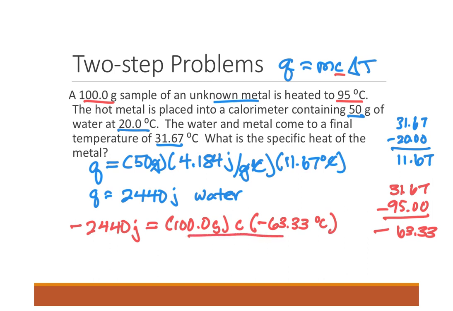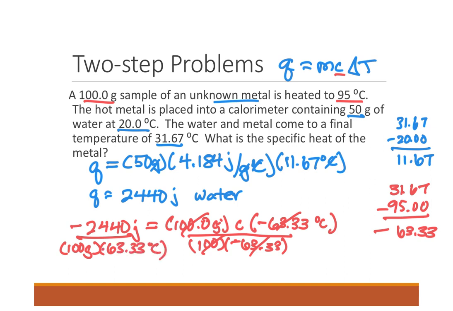We're going to divide both sides by these numbers, of course, our 100 and then our negative 63.33. That'll cancel out these guys. And over here, dividing by 100 grams and negative 63.33 degrees Celsius. And so the negatives are going to cancel out if we go ahead and do all of this math. You get an answer of 0.385 joules per gram degrees Celsius,